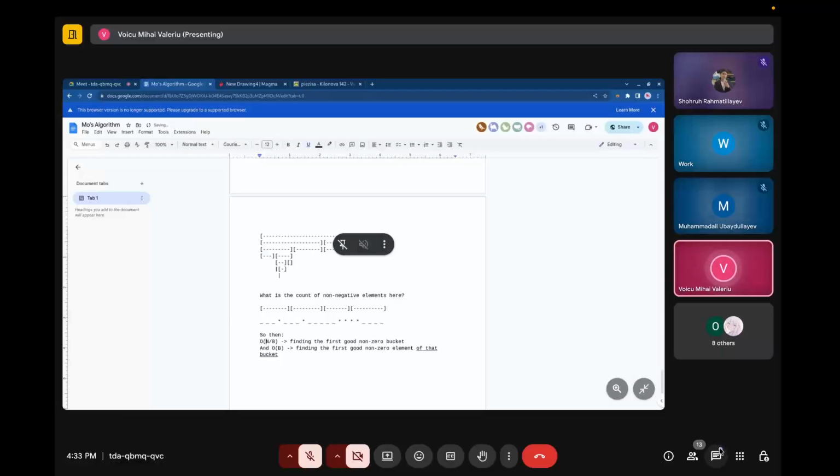And because we said we should try to make these two equal, B is equal to the square root of that. So we have a data structure that updates in how much? Well, we need to update when we insert an element. We have to say, well, it exists, and we also have to update the sum of its bucket for the count of non-negative elements. So this is O(1) and queries